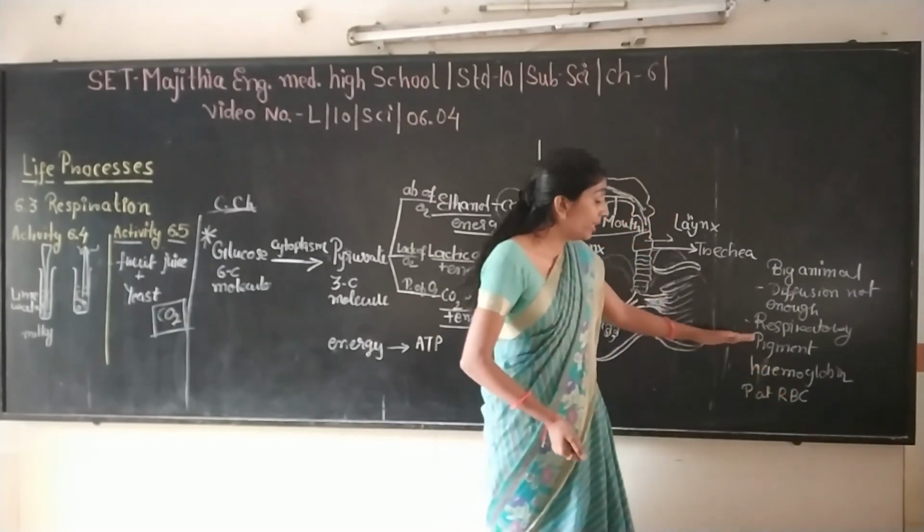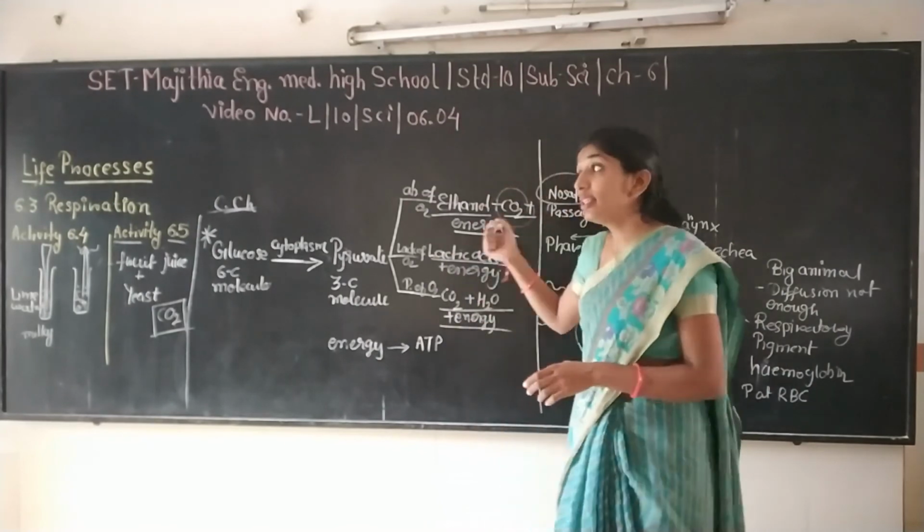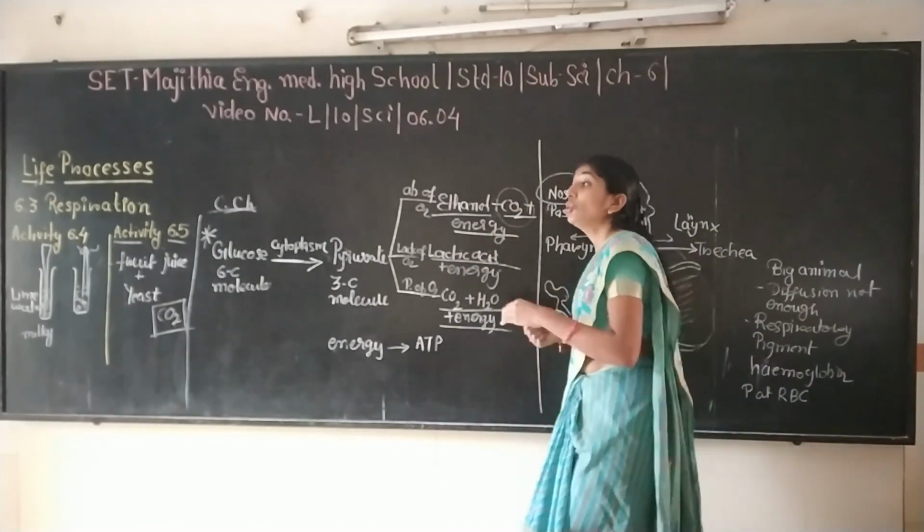So hemoglobin is a respiratory pigment that supplies oxygen to the entire body. So this is how oxygen is distributed to all the parts of